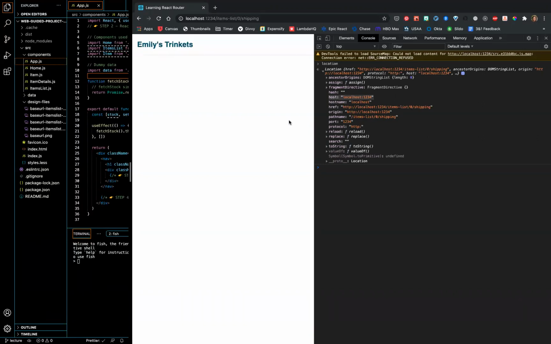Well, in my case, I don't know if everybody has downloaded and npm started yet. That's fine if you haven't, we can do that in a minute. But you could do this on any web page. And it gives us the pathname. I think that last week things like pathname were discussed, in terms of the different parts of the URL. And today's guided project is all about different parts of the URL